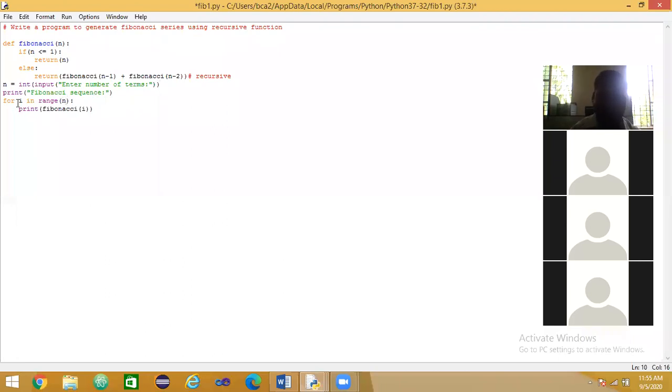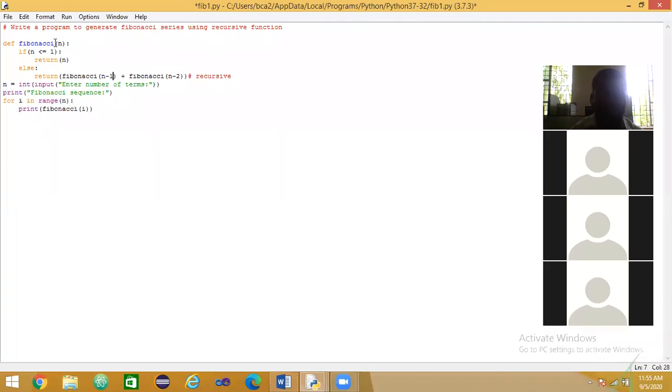First it takes the 0 value. Then it sends this value. Again it returns, it prints 0. Second value it takes 1. It sends here, so condition is true. Again it prints that one. 0 1, and the second it takes the 2, sends here. So by doing both, 2 minus 2 is 0 and 2 minus 1 is 1. So again it returns 1, 0 1 1.